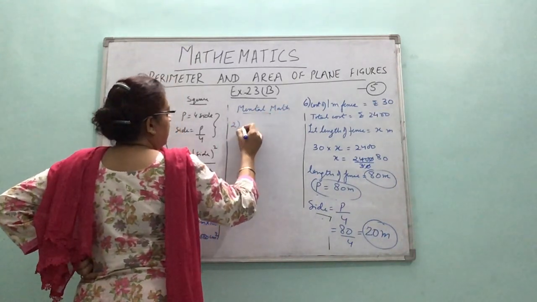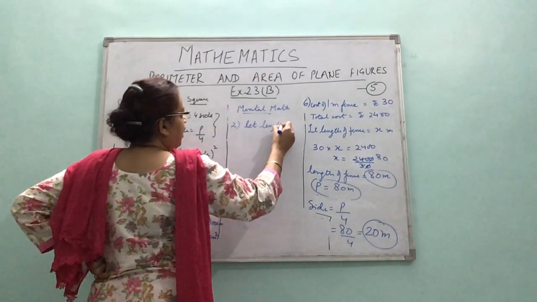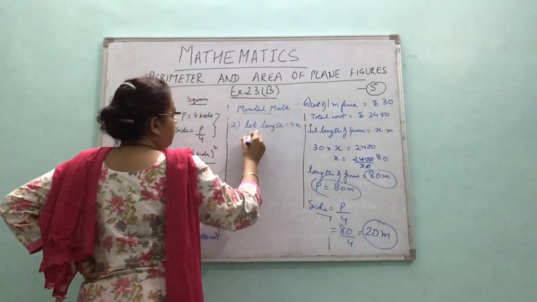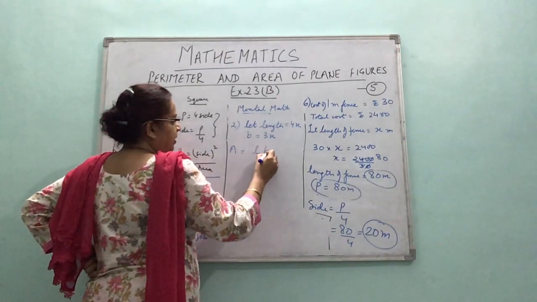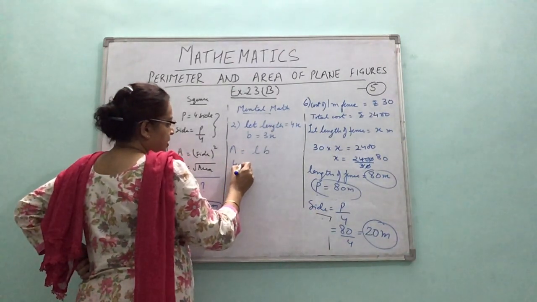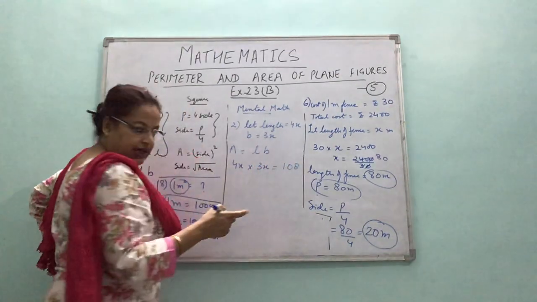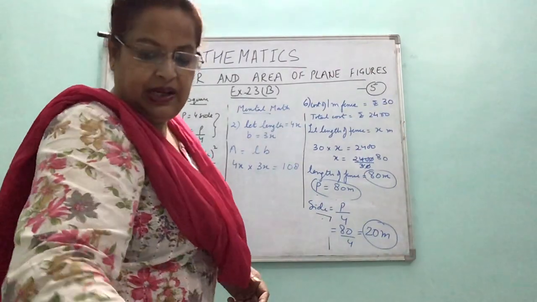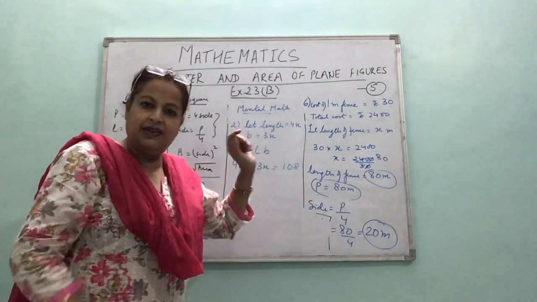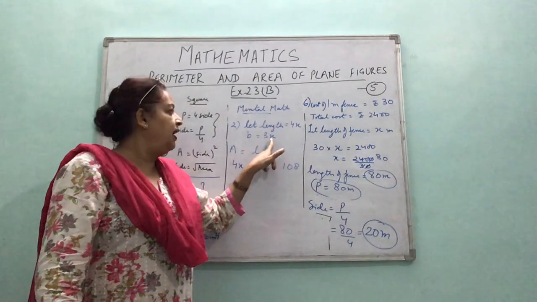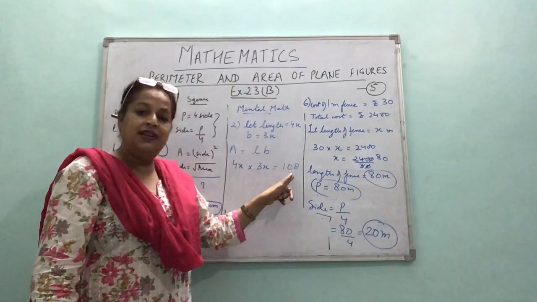Question number 2. Ratio of length to breadth is 4:3. So we can say let length be 4x units and breadth be 3x units. Area we know, children, is length into breadth. So 4x into 3x should be 108, that is the area. Now this is the main part. We have assumed the ratio is given 4:3, so we say let the actual length be 4x and let the actual breadth be 3x units. So length into breadth is 108.